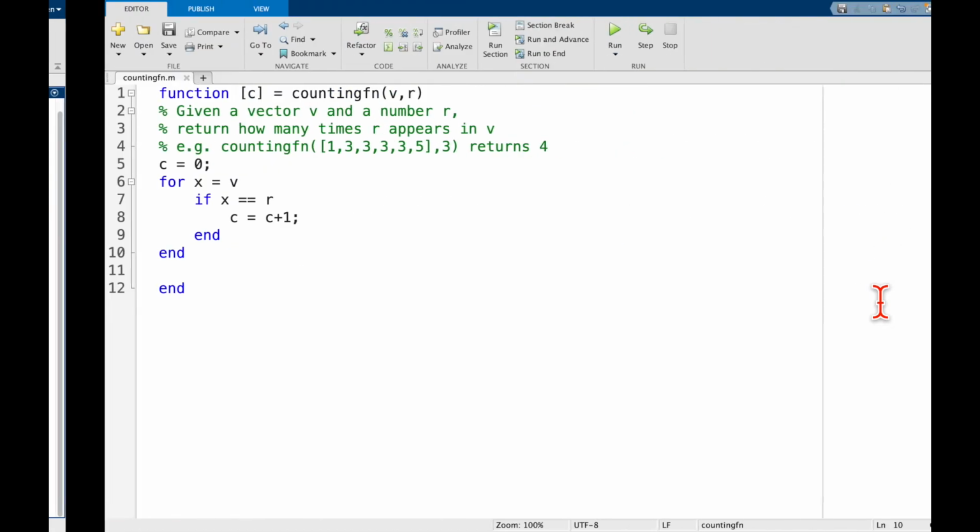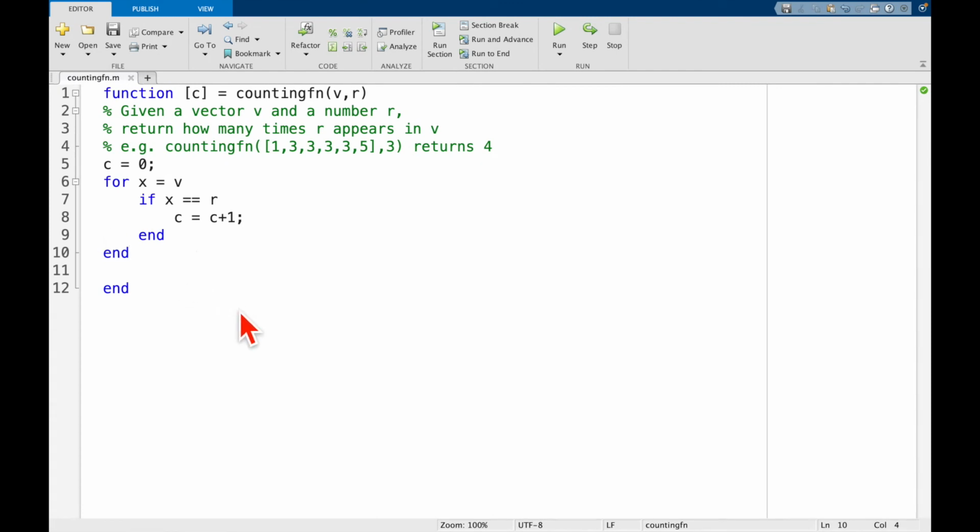But like I mentioned, this structure that we have here, if you've taken another programming course before, you've definitely seen this pattern. If this is your first time programming, this is a pattern you will see many, many times. There's nothing wrong with it. But the nice thing about MATLAB is that it very much cares about vectors and matrices, and it's very optimized and specialized for dealing with those. So any way that we can make use of vectors in our code is going to be a lot better than doing this standard way. I'll show you what I mean by that in a second, but let's go back to the command window,